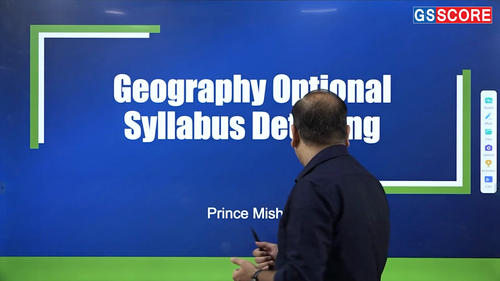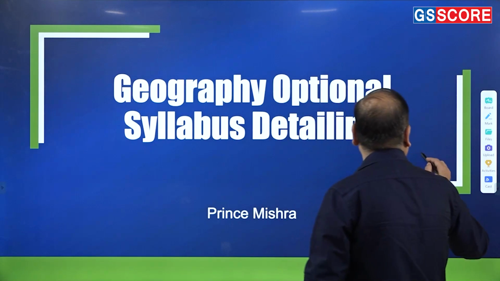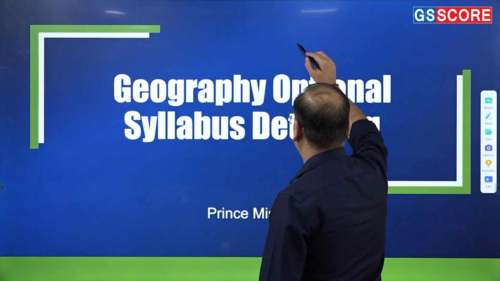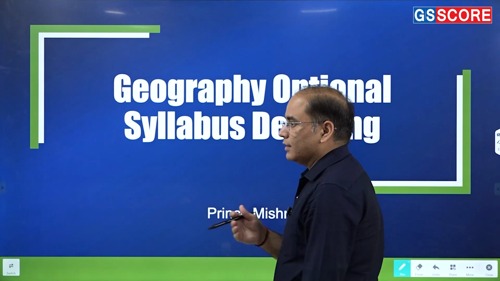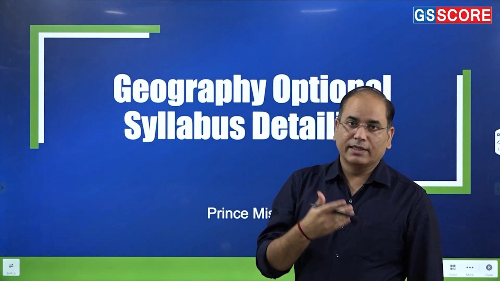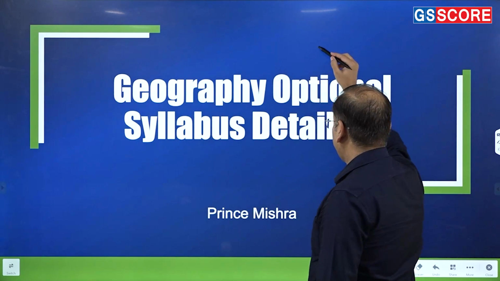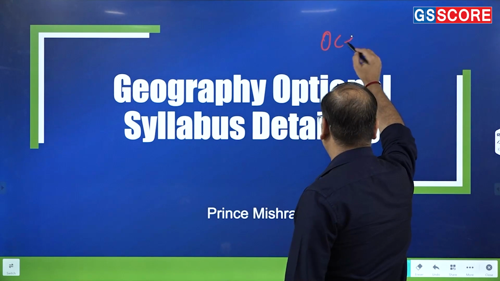Hello everyone. In the series of optional syllabus detailing, today we will cover the remaining part of the paper 1 physical geography. In paper 1 section A physical geography, we have 5 chapters, that is geomorphology, climatology. These 2 chapters we already have covered. Now we are left with chapters of ocean,